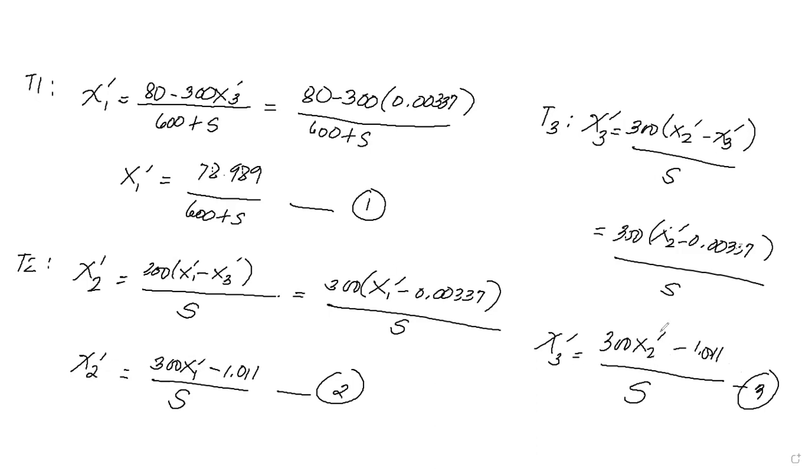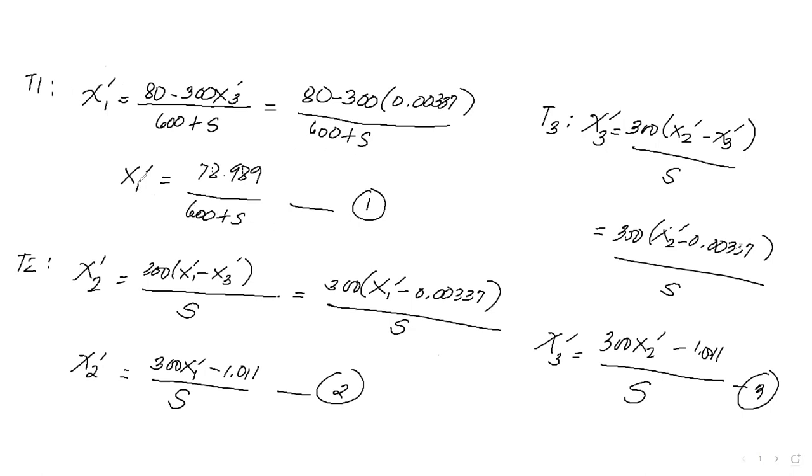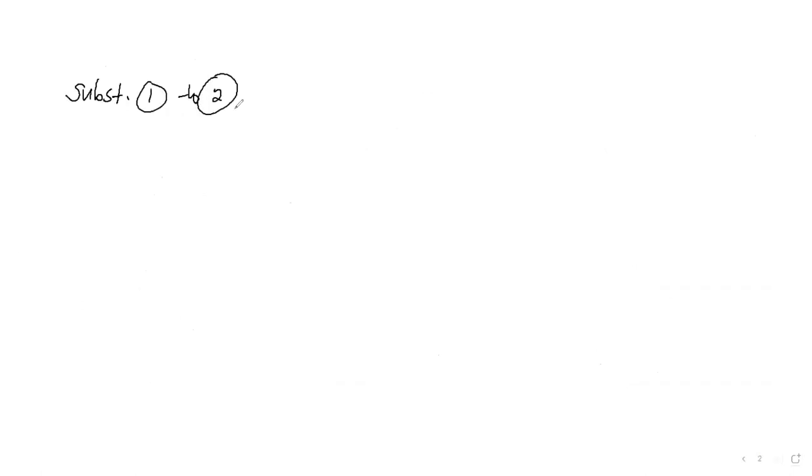So what do we mean? So we will plot our course here. I will not have to write the solution. You can do that as an exercise. We substitute 1 to 2. So, okay, I'll show to you. So we substitute equation 1, the x sub 1 prime, to equation 2. Then we substitute equation 2, which is now x sub 2 prime in terms of S, to equation 3. So I'll place here substitute 1 to 2, then resulting expression, this one, substitute